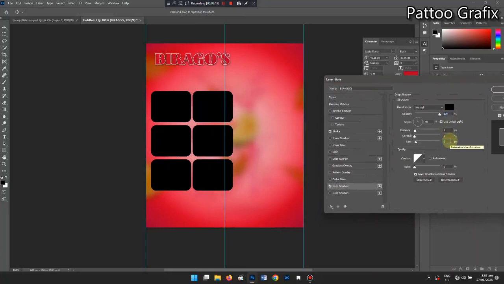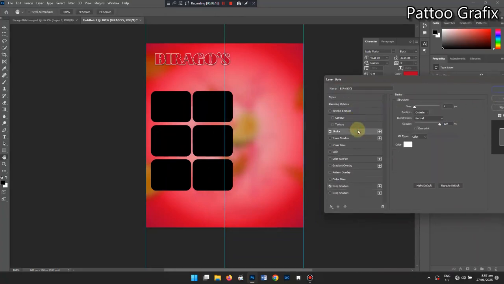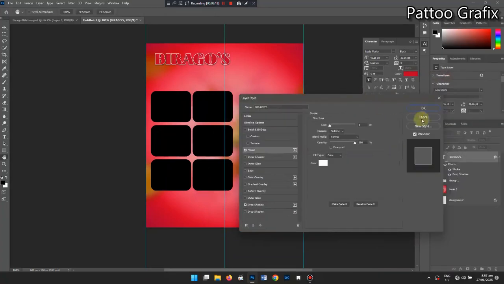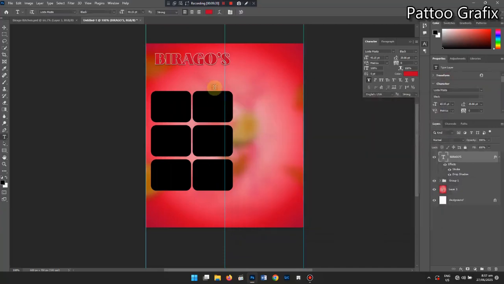Okay. The stroke was how many? One. Oh, one is okay. You can prefer to use any color. Okay. So one thing that you have to understand here is that